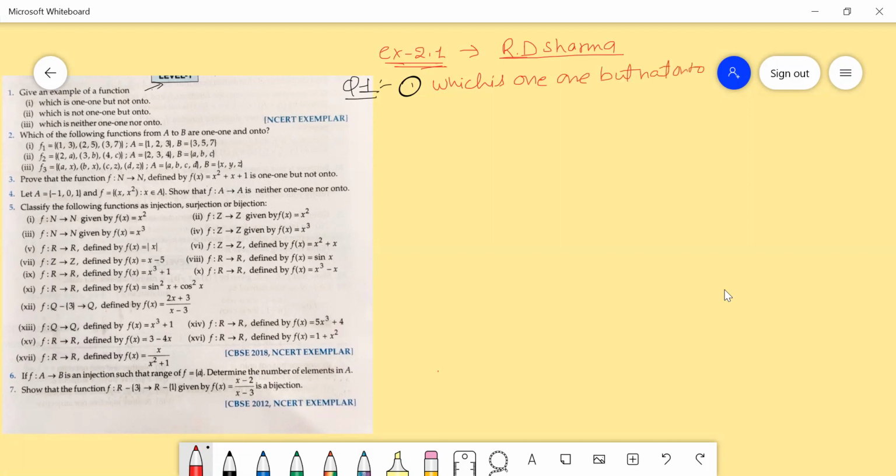Okay, so firstly we define the definition of a 1-1 function. A function is said to be 1-1 if different elements of the domain have different images in the codomain, right?